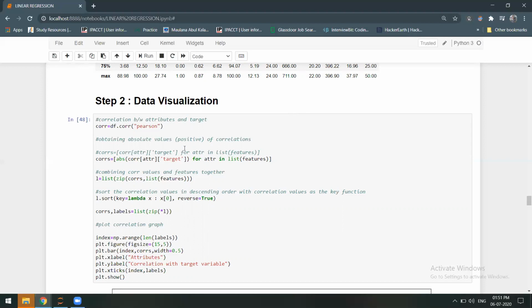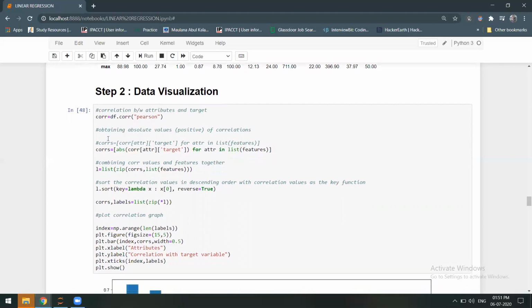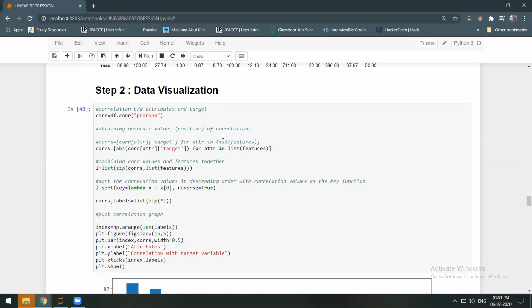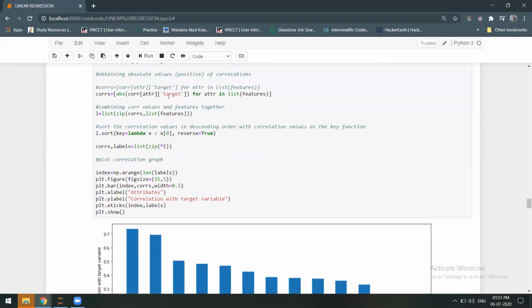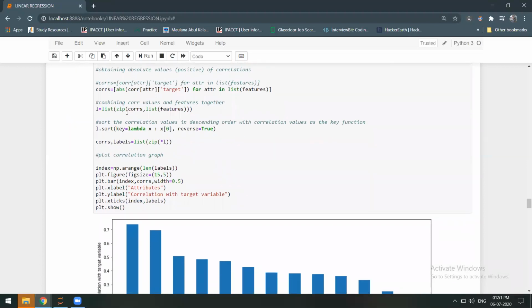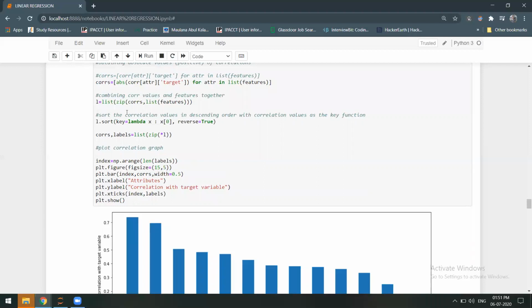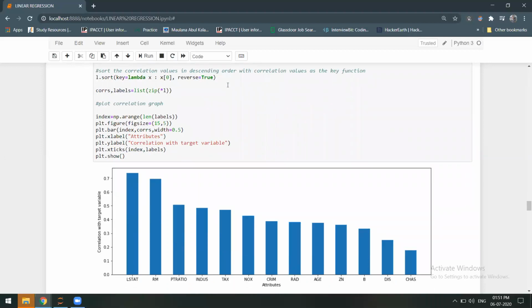We have used df.corr with Pearson, and then we found the absolute correlation of each attribute with the target for every attribute in the list of column features. Now we have combined the correlation values and features together using zip and passed it as a list, and now we want to sort that, and for sorting we have taken the key as a lambda function. Now we are creating a list of correlations and labels, and we have zipped it.